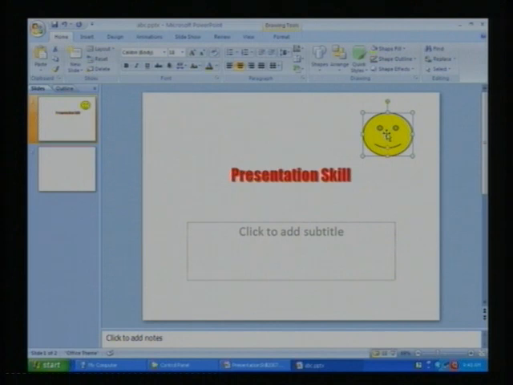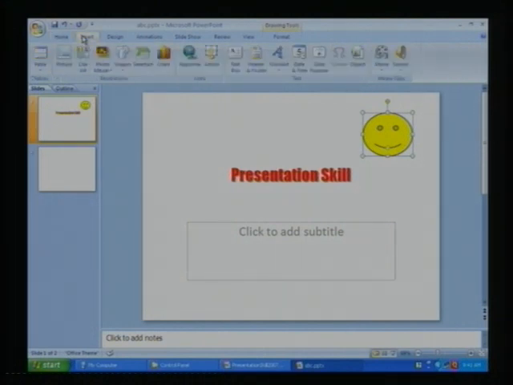As you select any of the objects, the options will be activated. Now this is the Home tab. These are the basic tools which are required for applying formatting. Next tab is Insert. According to its name, it will be used for inserting various contents in your slide.